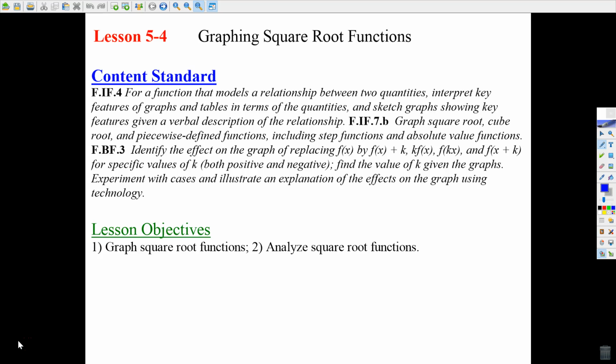All right, today we're talking about lesson 5.4, and it's going to be all about graphing square root functions. So my objectives are twofold. I want you to be able to graph the square root function. We're going to start by looking at the parent square root function, and then we're going to go from there with transformations of that, and then analyzing square root functions will involve more of identifying domain and range and other key